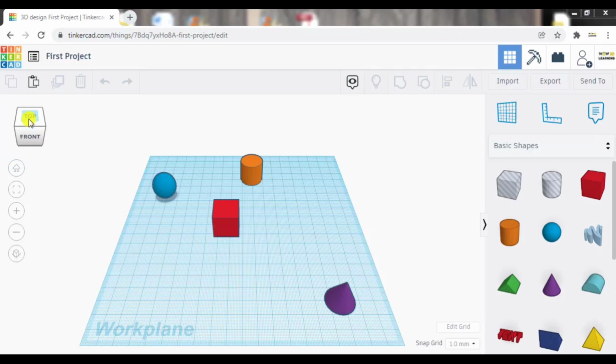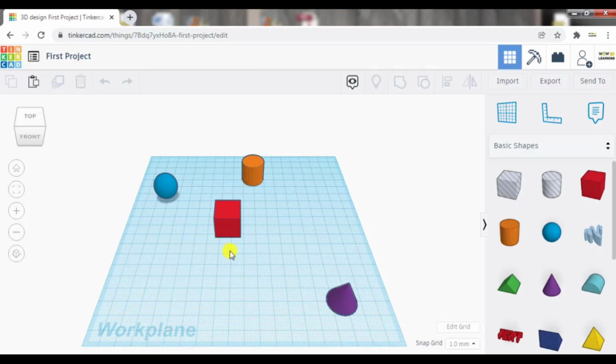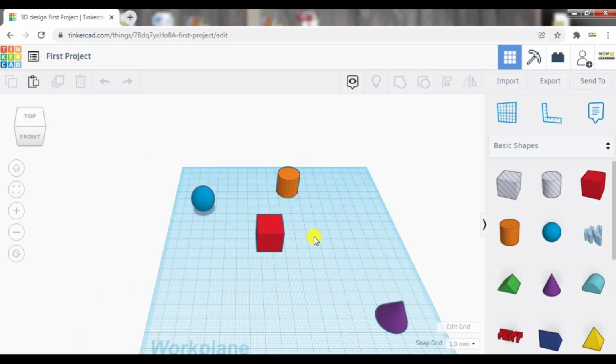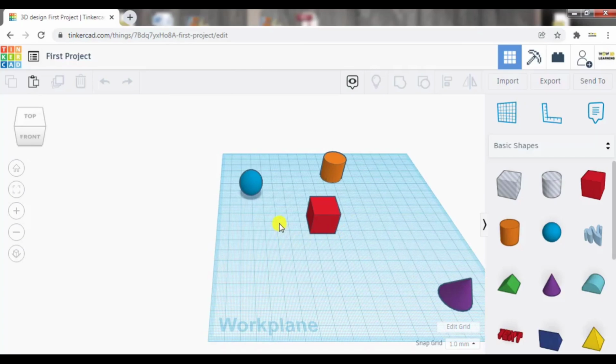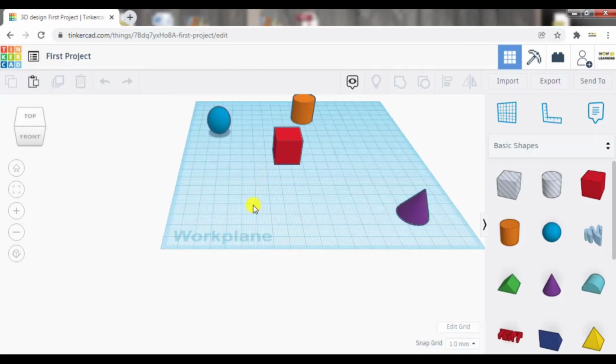There is another way to navigate in Tinkercad workspace, which is called pan. If you consider yourself as a flying drone or a bird and you want to hover or move across this particular body, any of these 4 shapes, you can use pan. How do you use that? If you press shift on the keyboard and right click of your mouse, you can just drag around this whole work plane in X direction as well as in Y direction.